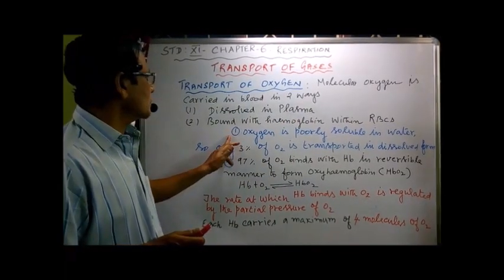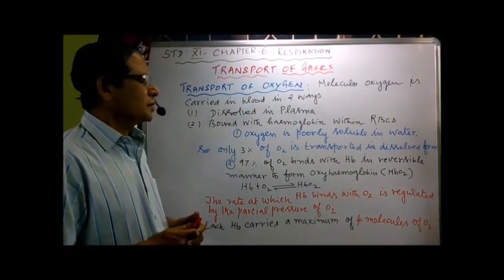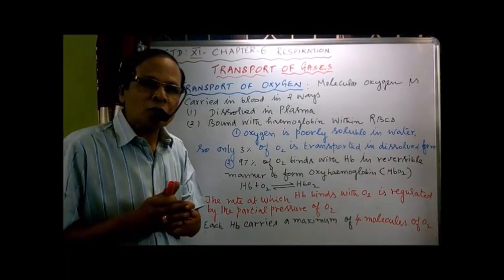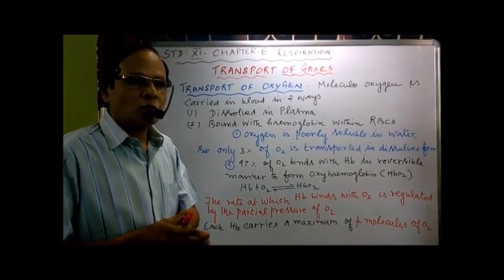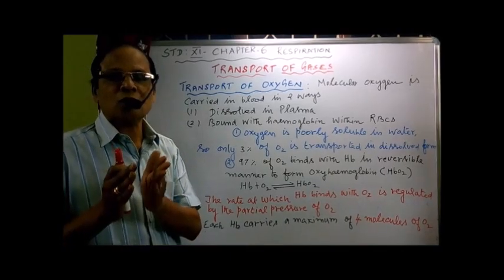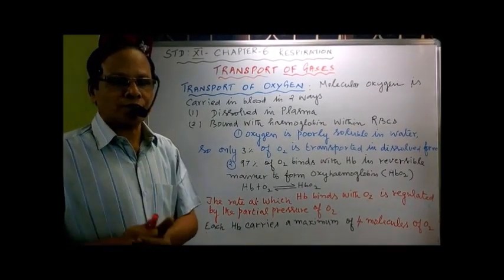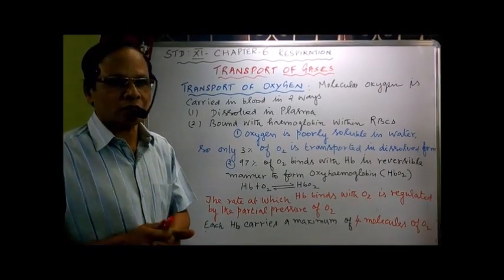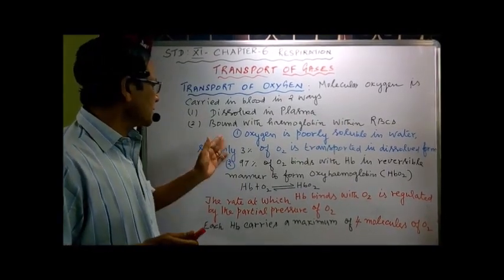Now let's take the first one, transport in dissolved form. Oxygen is poorly soluble in water, so only 3% of oxygen is transported in dissolved form, as it has less solubility, only 3%. Now the second one,